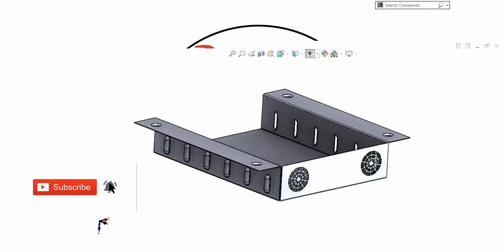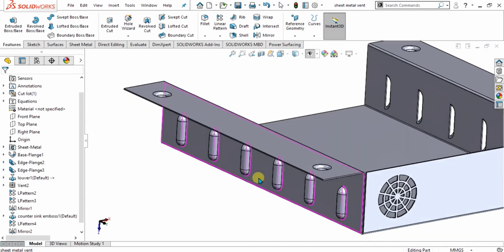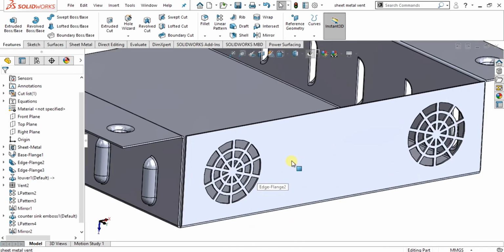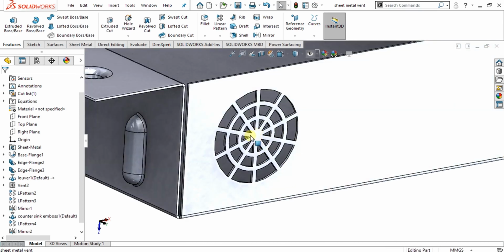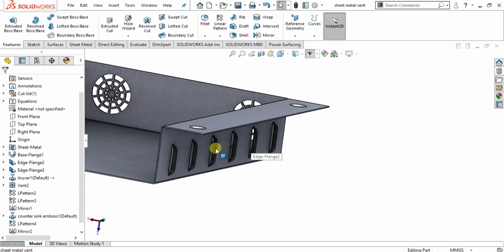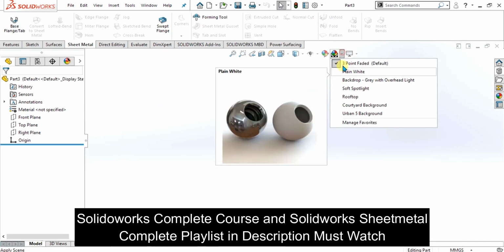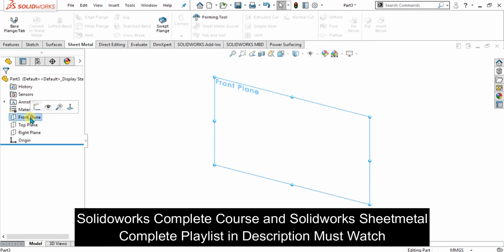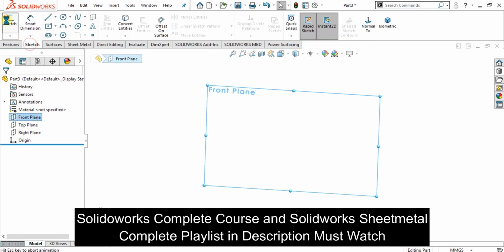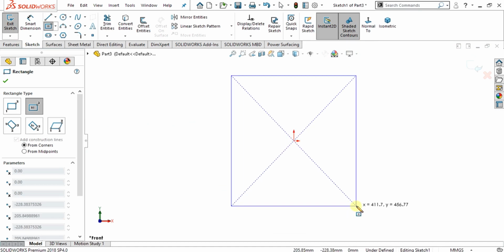In this Solidworks sheet metal tutorial, we are going to make this sheet metal part, and we will use the vent feature for these two vents, and we are going to make these louvers using forming tools. So watch the complete video. Let's start. So now simply select the front plane from here, go to sketch and make the rectangle like this